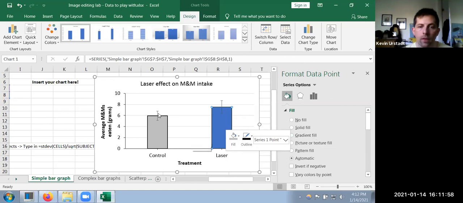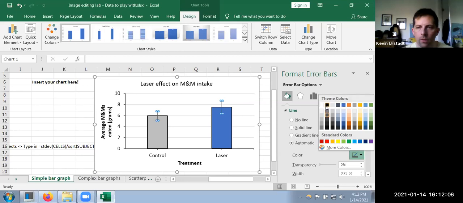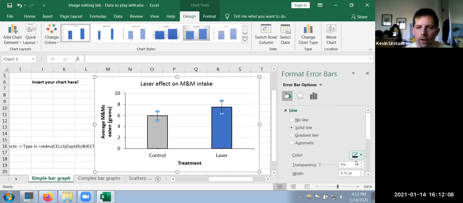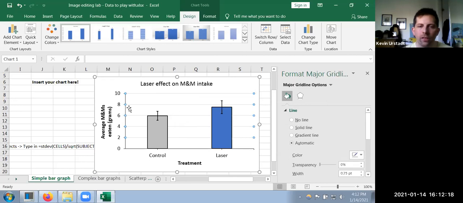You'll probably notice that the T whisker bars are not super visible. So maybe we should make them a little better. So we're going to make sure they're black rather than some shade of gray. And we're going to make them pop out a little bit more. That's better. All right. And the last adjustment I sometimes make is I ditch these